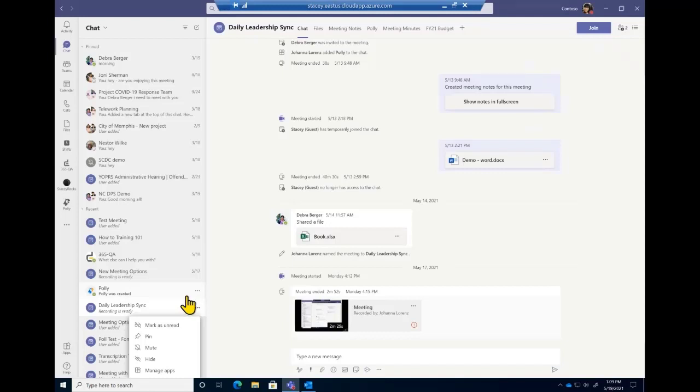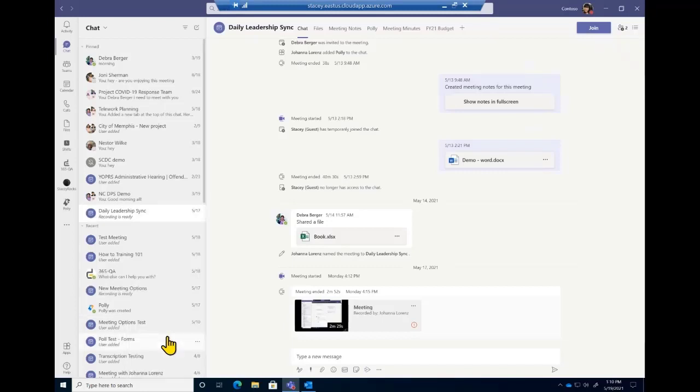After a certain amount of time, depending on how much you chat, the UI drops off at a certain time. I don't want to lose this meeting chat because we're always creating content. We're always asking each other questions or having a conversation around the topics of this meeting. By pinning it, it stays at the top of my chat here so that I can easily and quickly find it if I need to.